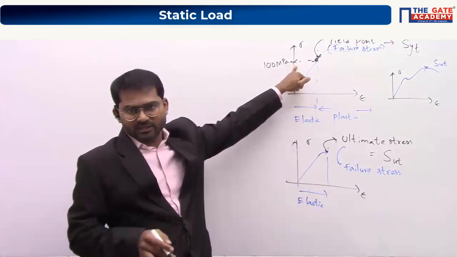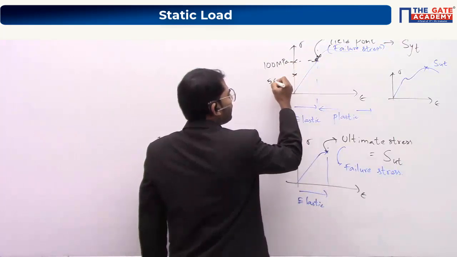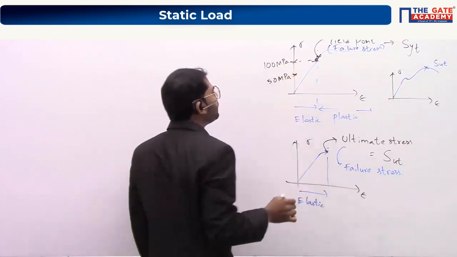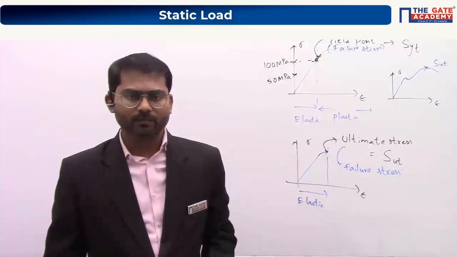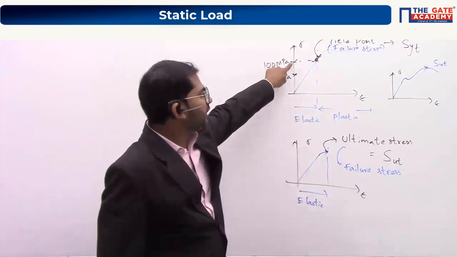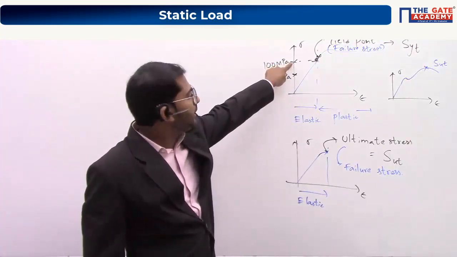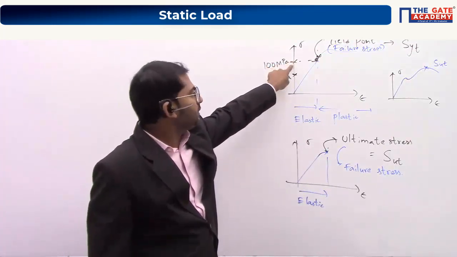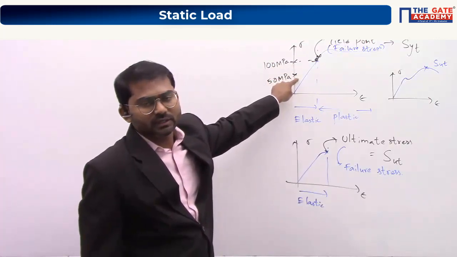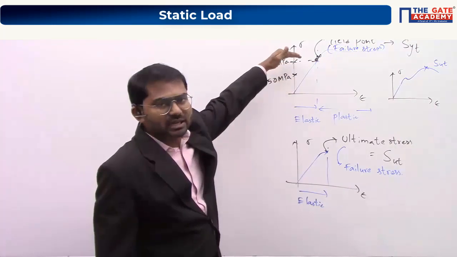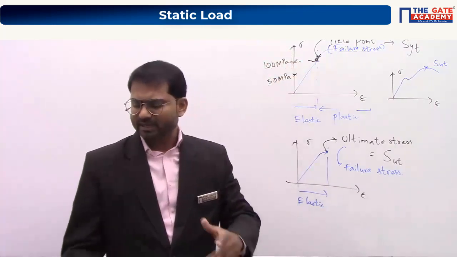But what they do is, they will keep some very low value as a limit and do the designing, or keep it for the signboard and all. They will not use this failure value or strength of the material. They know failure will happen here, but they keep the limit not at this one. Instead, they will keep some other value here. Why? There are many reasons.